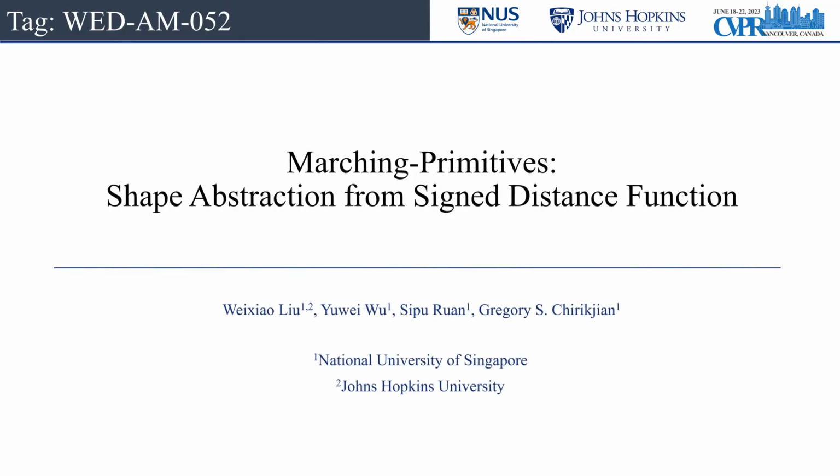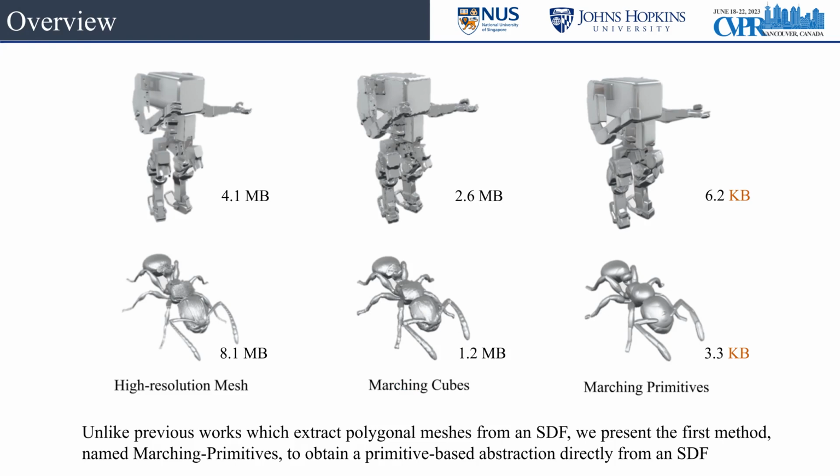Hello, I'm glad to introduce our new work, Matching Primitives, Shapes Abstraction from Signed Distance Function. Representing complex objects with basic geometric primitives has long been a topic in computer vision. Primitive-based representations have the merits of compactness and computational efficiency in higher-level tasks such as physics simulation, collision checking, and